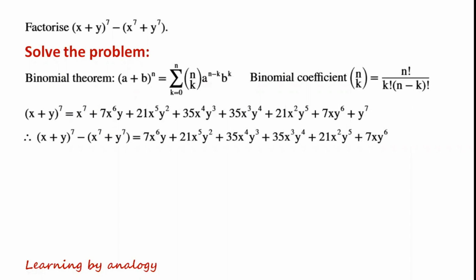So (x + y)^7 − x^7 + y^7 equals 7x^6y + 21x^5y^2 + 35x^4y^3 + 35x^3y^4 + 21x^2y^5 + 7xy^6,